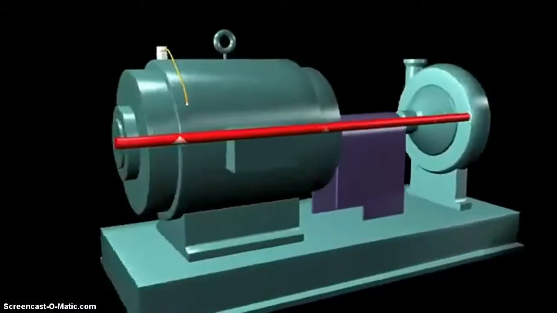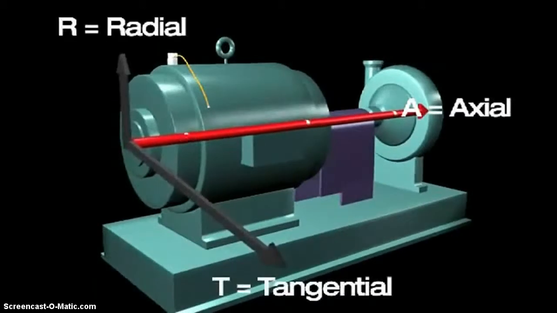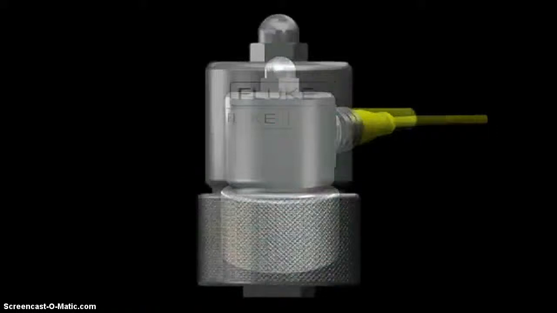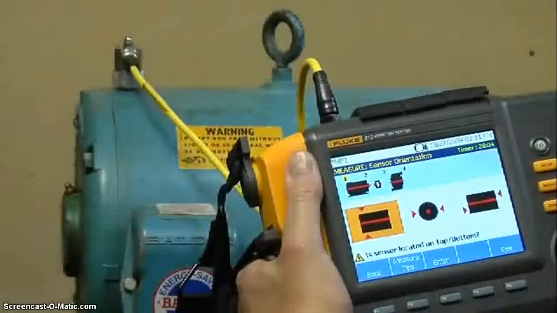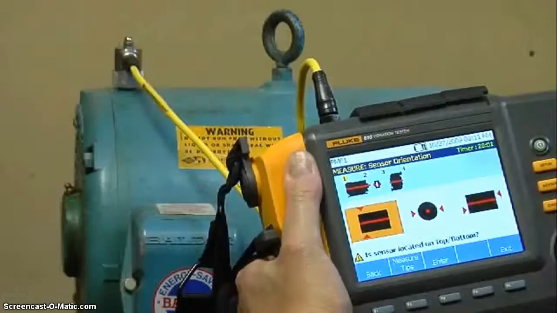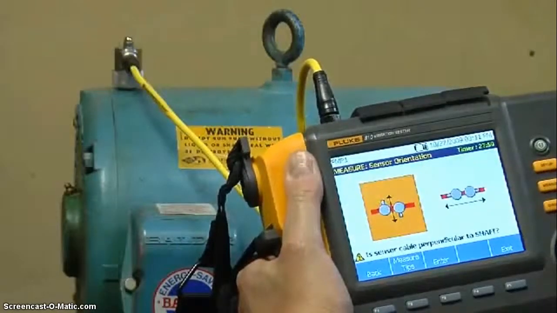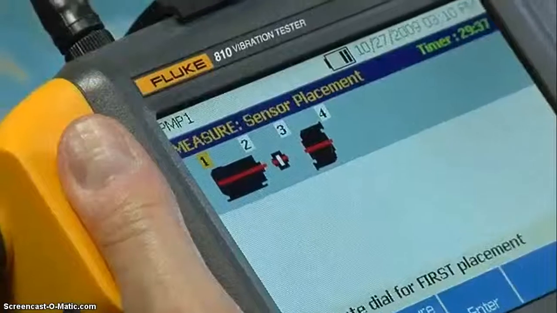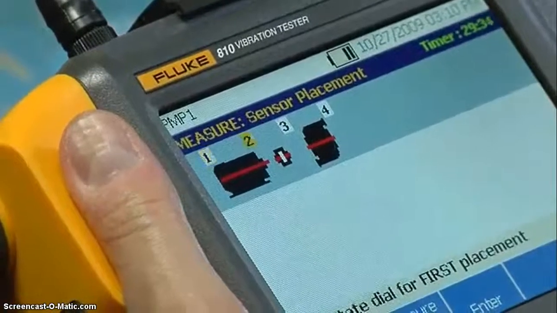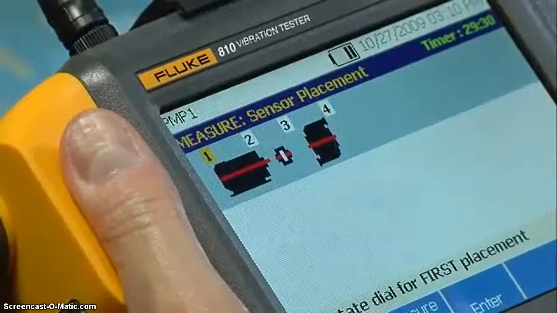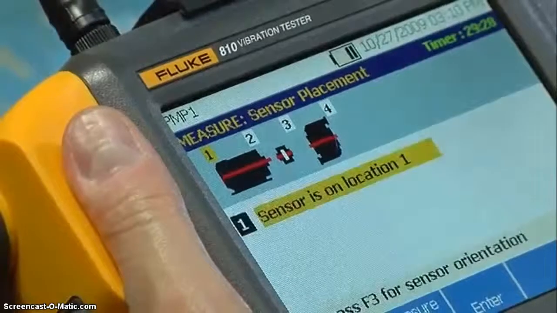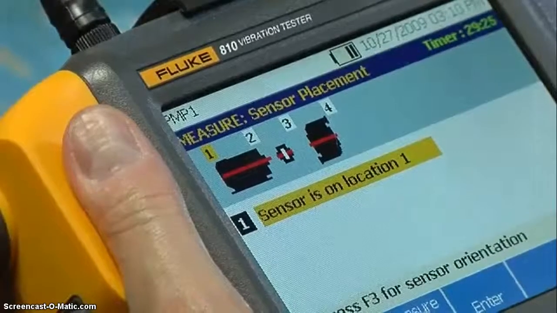Typically, rotating equipment will vibrate in 3 different directions or axes. The triaxial sensor can collect vibration signals from these 3 axes simultaneously. Sensor orientation screens help the tester understand from which axes vibration signals are coming. By testing certain points along the entire drivetrain rather than a single component, the tester can account for transient vibration from other sources and give you a more comprehensive diagnosis.